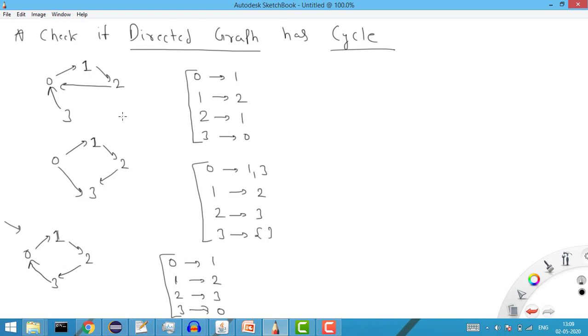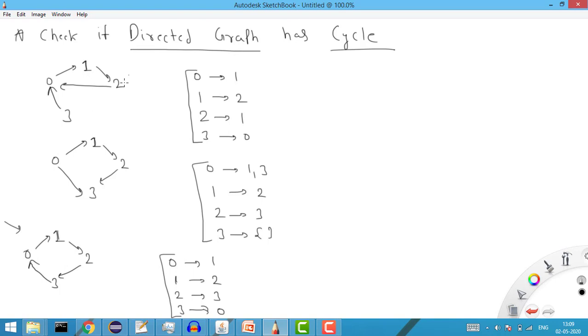Now the graph can be represented in two ways. One way is adjacency matrix and one way is adjacency list. So here we are representing the graph as an adjacency list. If you have solved the previous problems, then you can easily know how we can represent the graph via adjacency list. So adjacency list is basically a list of lists, where each index represents a list, and that list contains all the children or all the neighbors where it can go.